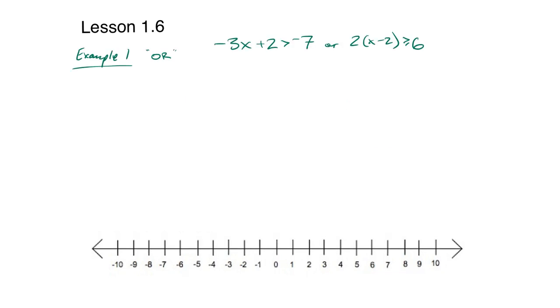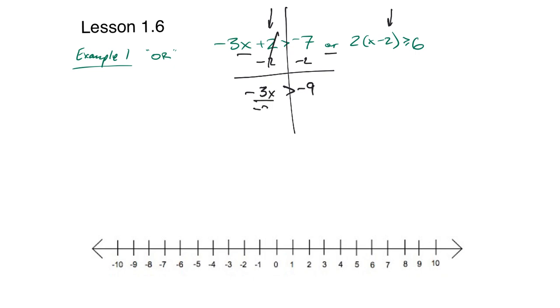Let's take a look and see what it looks like in practice. So here's an OR compound inequality. We're going to solve this one and this one separately. The first thing we'll do is solve the one on the left. I want to isolate this x, so I subtract 2 from both sides of my inequality. I get -9, -3x. I'm going to divide both sides by -3. Cancel that, and I get x is less than, right? Because remember, I have to switch the sign because I divided by a negative. x is less than 3. Or,